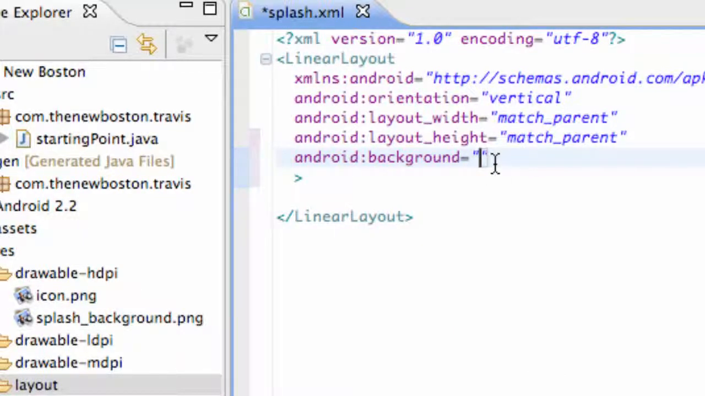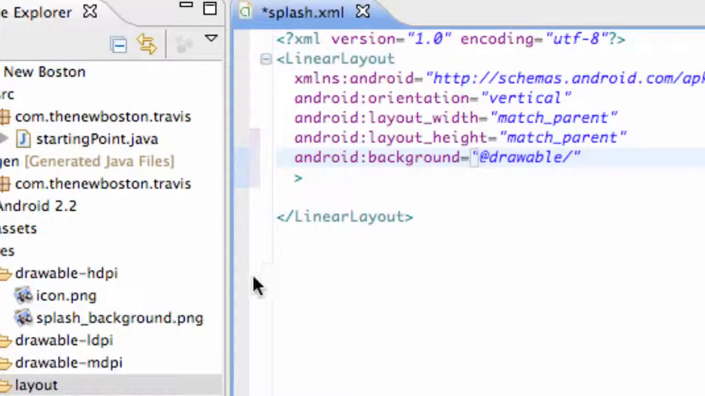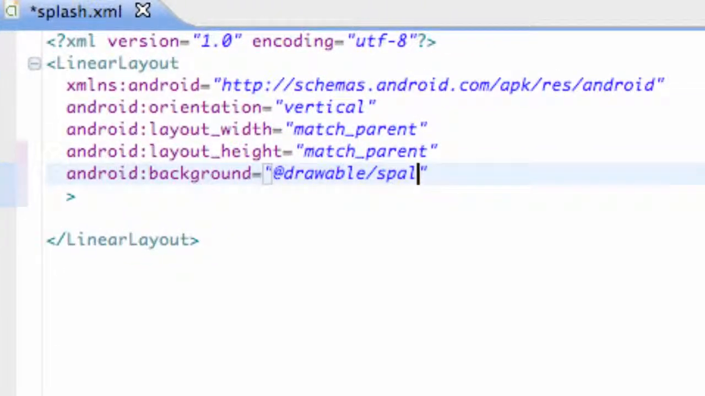How we reference it, we're going to hit equals, and then @drawable/ and then our actual image name. If you didn't label these properly, if you had an uppercase letter, it's going to mess up your project, and then you're going to get all confused. So make sure those are lowercase, and then clean your project again. So then we're going to say @drawable/splash